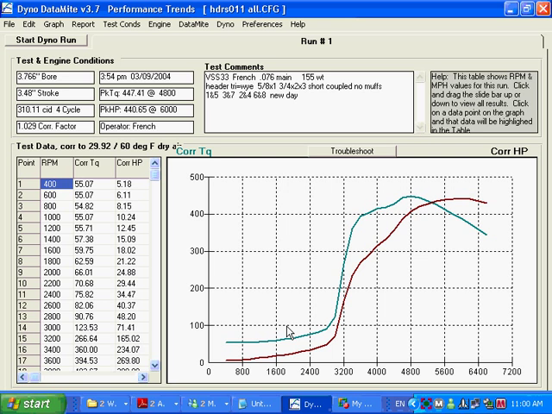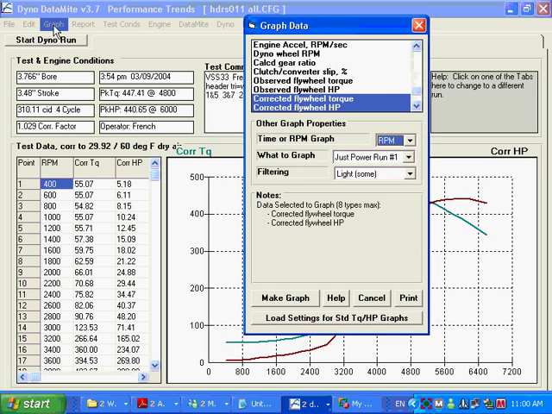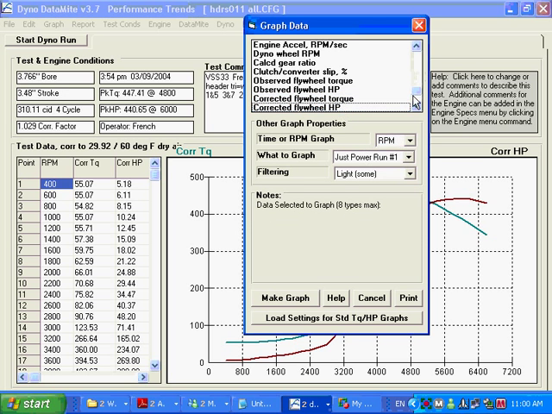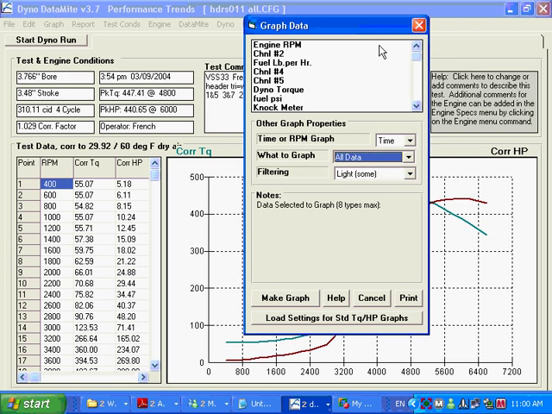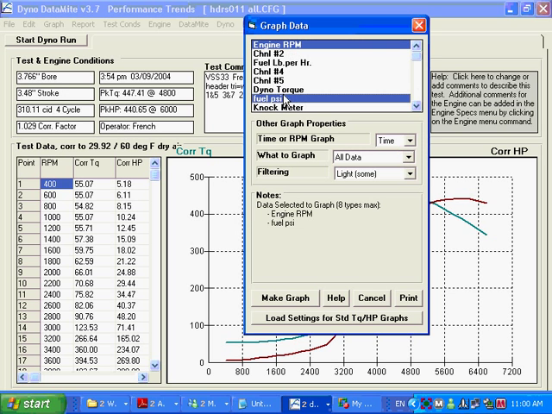It's very important for the program to be able to figure out where the engine is at full power, or wide open throttle, and where it is not. For example, in this test, if we graph this test versus time, and we graph the engine RPM and the torque,